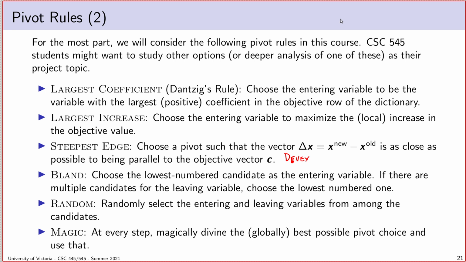The steepest edge rule, basically what it does is we know at every step what our objective function is. If we had a linear program, recall that if I have this linear program here, I want to maximize 5x plus 3y. We know that the gradient of my objective function is (5, 3). If I write this in vector notation, I'm saying maximize c dot x, where c equals (5, 3),